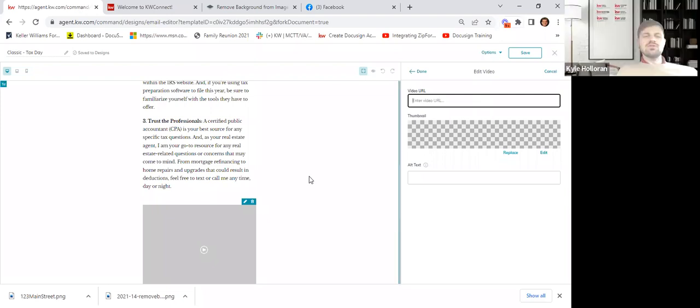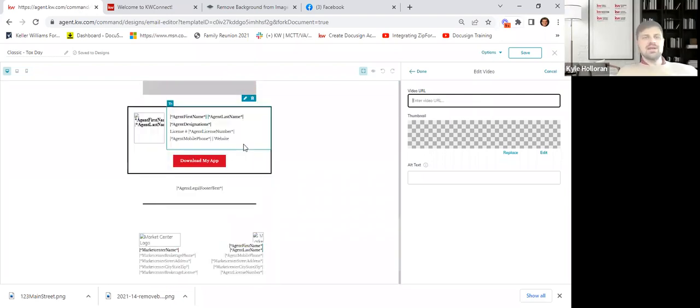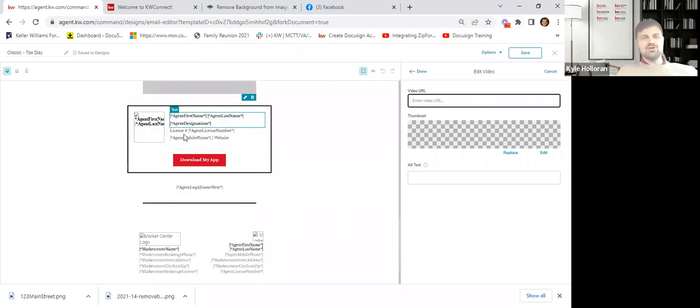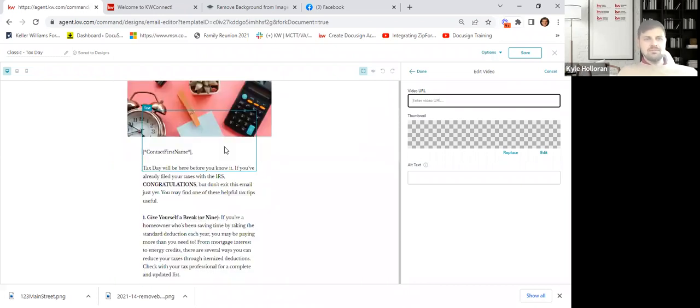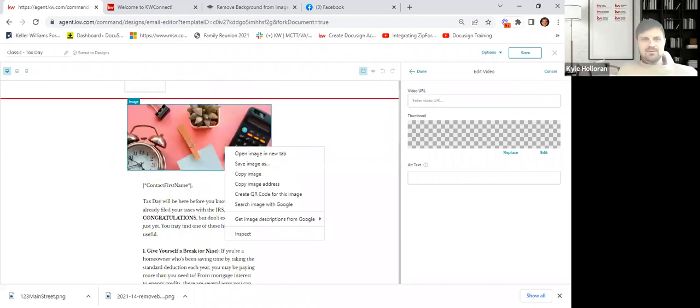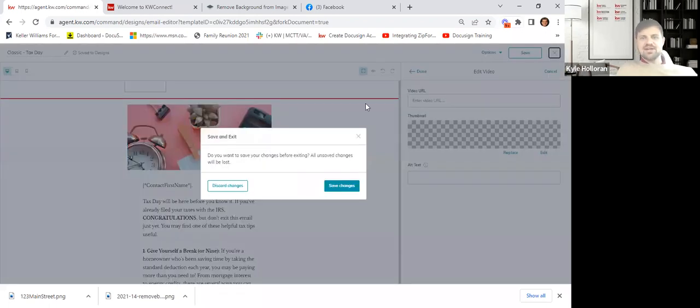So this is how you set up your emails. And again, don't mess with any of this stuff. You're not clicking on here and deleting it. It will auto fill in from your marketing library. So you're just going to focus on the bulk of it, to create the design. Once I create the design, I can save it just like the other ones over there.